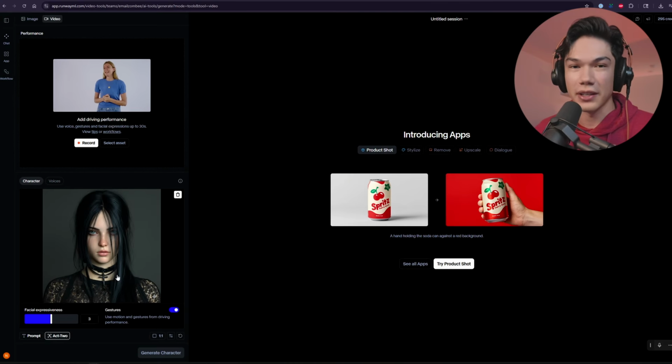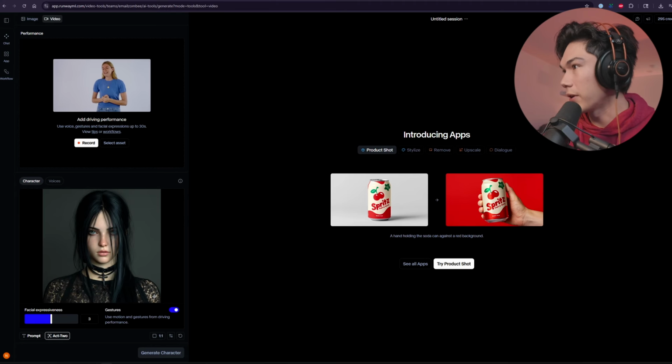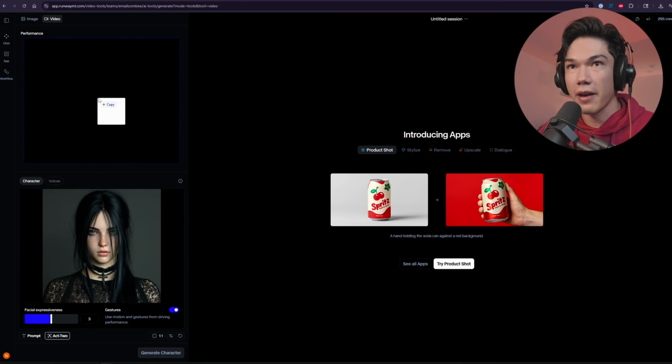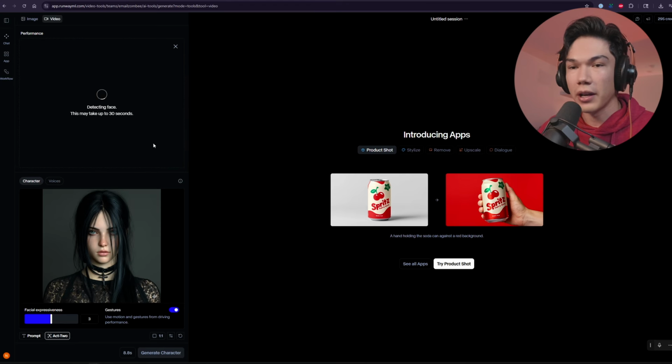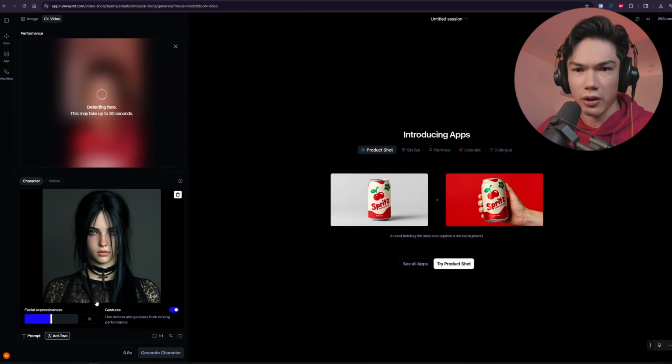It's going to be interesting to see what she does because she doesn't have hands in this reference image. So we're just going to test her out a little bit. And now all we have to do is just drag and drop that video into the performance box here. It'll start uploading, and while that's doing that, we are going to adjust a few things with our reference image,